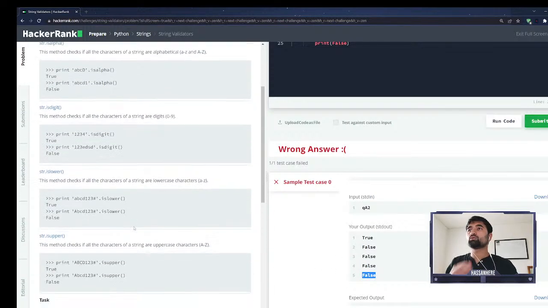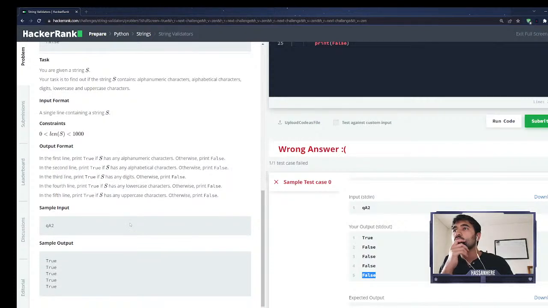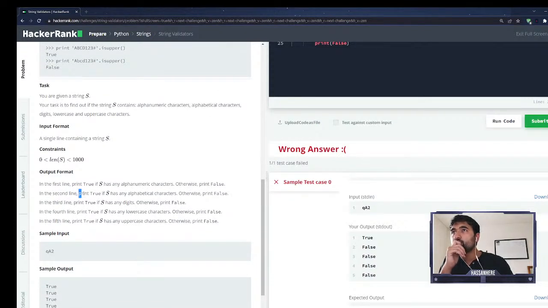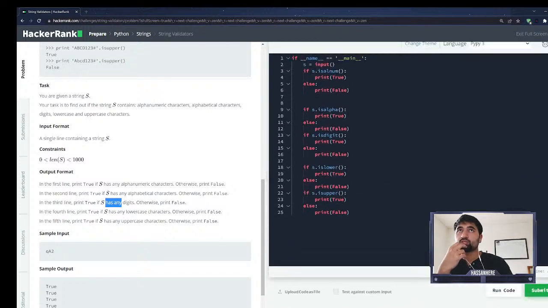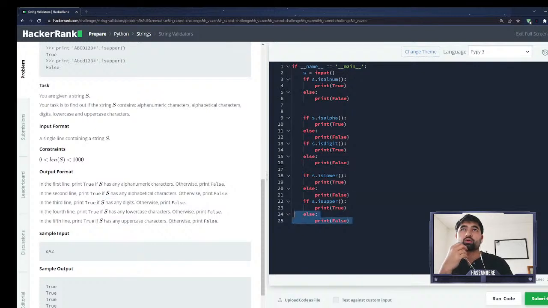Okay, so if in the second line print true if s has any, the third line print true if s has any digits. Okay, they have is any digits, so this is probably not gonna work because they said if they have any digits, right? So we probably have to loop over it, otherwise we will not know if